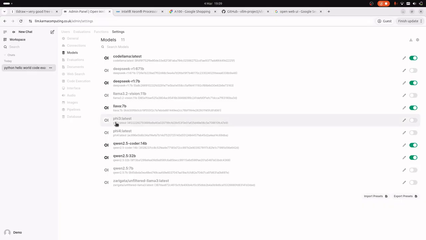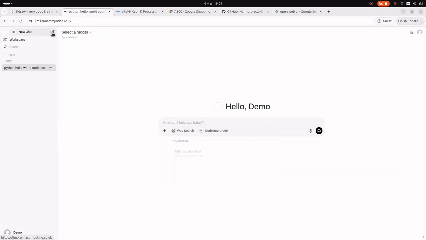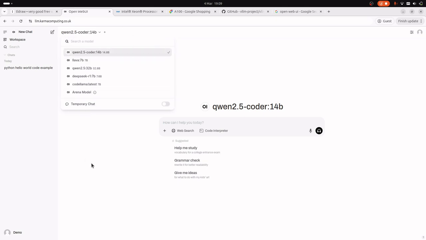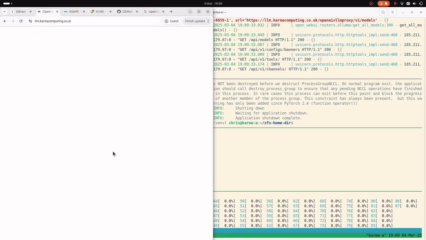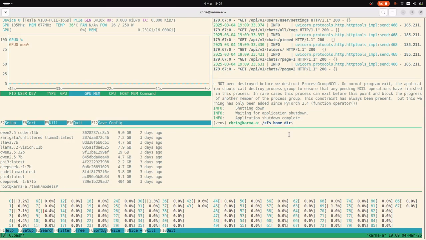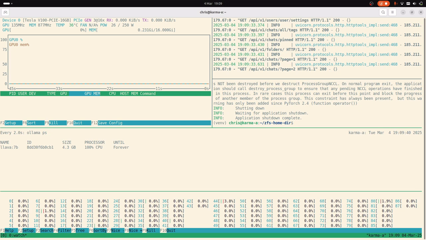So we'll probably play with that one first. Yeah, okay. So now they're available, we can do a new chat and we can actually select some of those. And what we're going to do on the right hand side is do a watch on Ollama PS. At the moment, it's just got one model loaded, and notice how it's loaded in the CPU 100%. We're going to load that other model now,